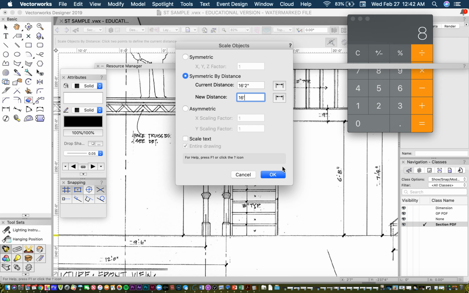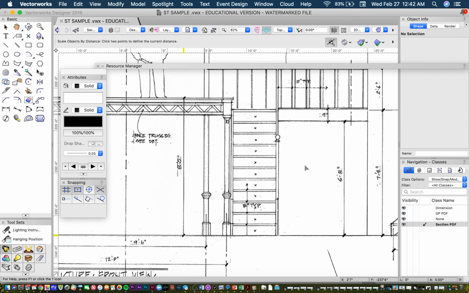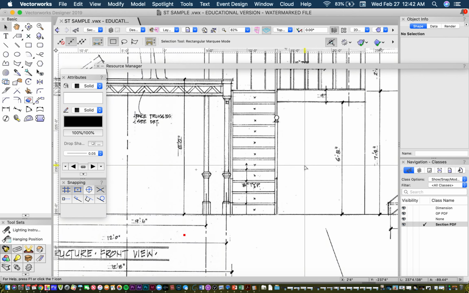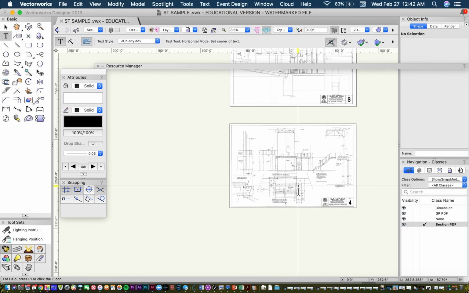And I'm going to say OK. The entire drawing is being scaled, notice right here. And yes, I want to scale the entire drawing. Notice how I only made small adjustments. Now, one very important thing to do is when you've imported things that are not in the correct scale,